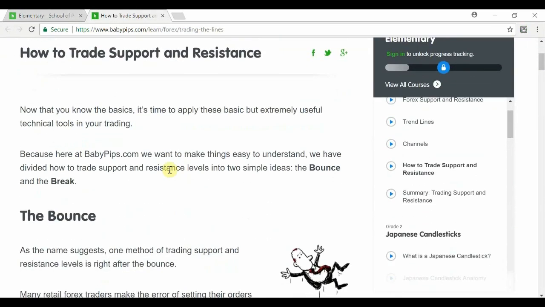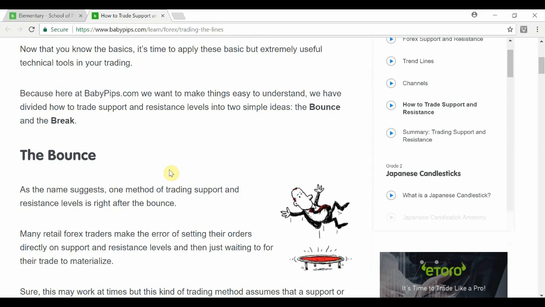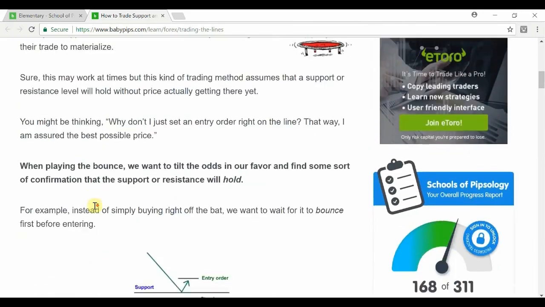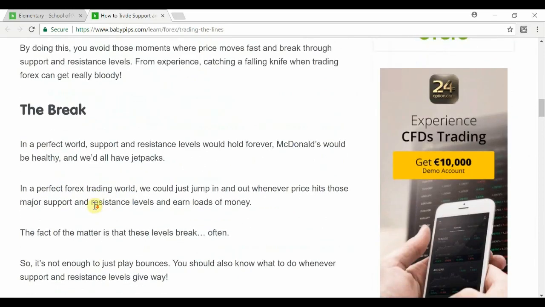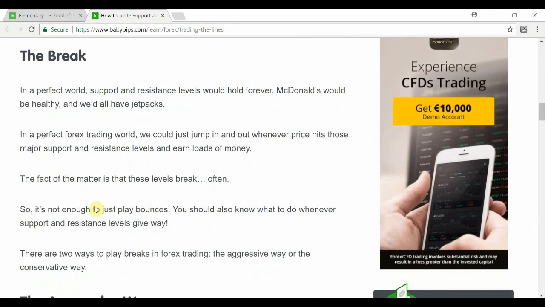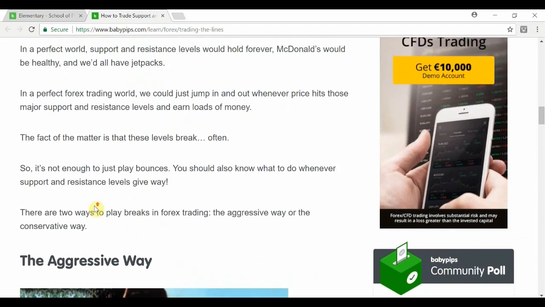When you go into the page on Babypips on how to trade it, there are two main key elements of trading support and resistance. The first one is the bounce, where price just bounces off a resistance or support area. And lastly is the break, more commonly known as the breakout, where price breaks through a support or resistance level